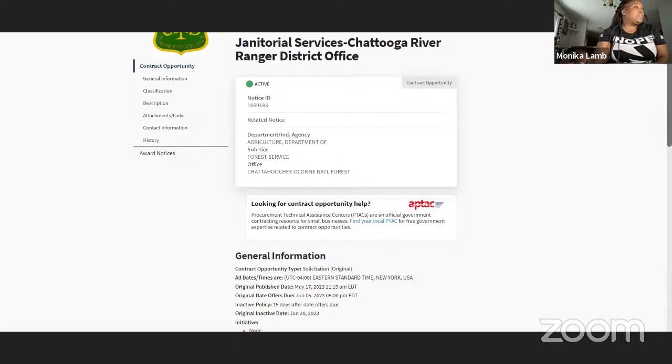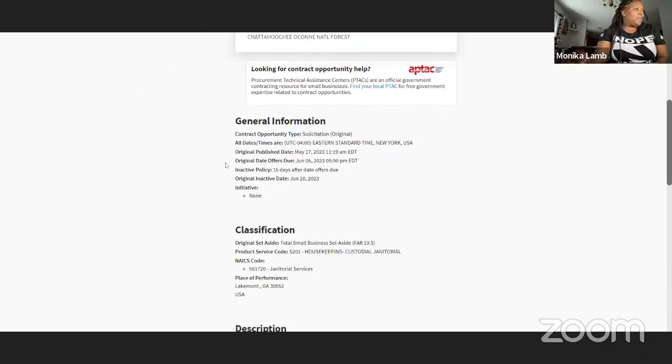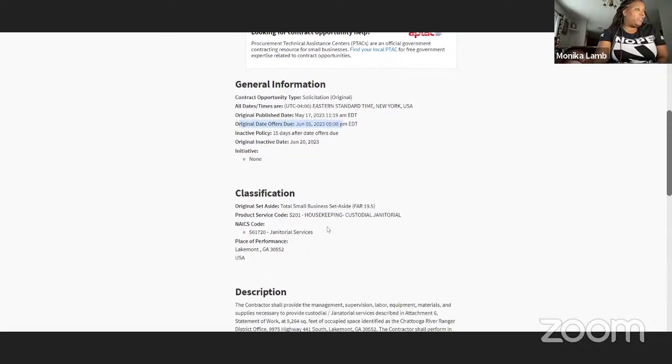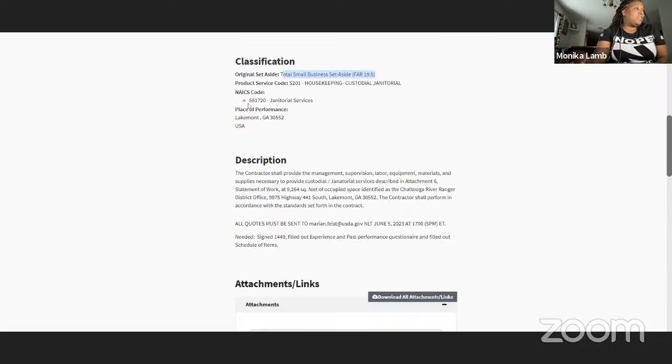So here we go. This is the notice. This is the agency. Let's scroll down, see what other information we have. We know it's due on June the 5th. It's a total set-aside, so anybody can bid. And this is the NAICS code. And remember, we selected our NAICS code. So our business license has our NAICS codes, our certification has our NAICS codes, our Secretary of State has our NAICS codes. So bam, you could really